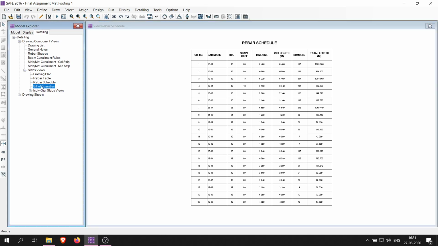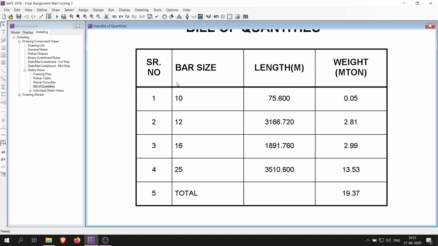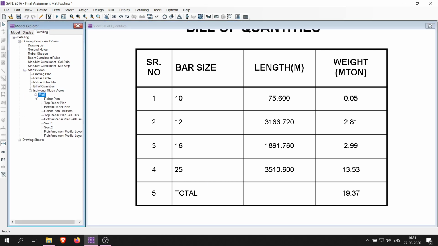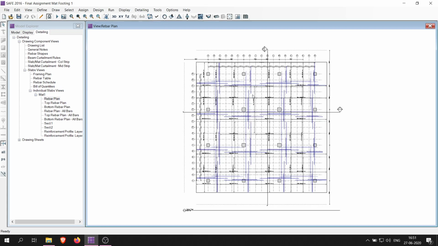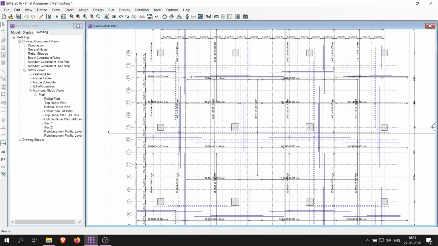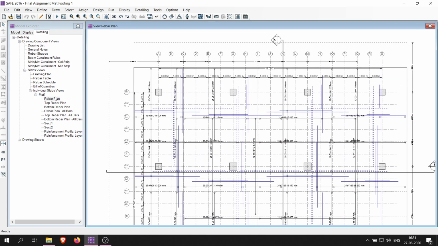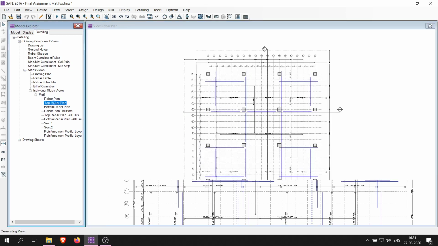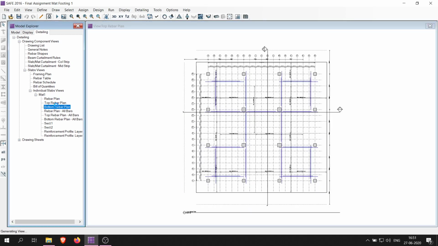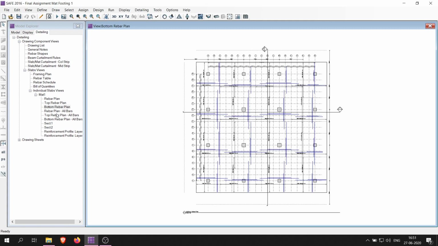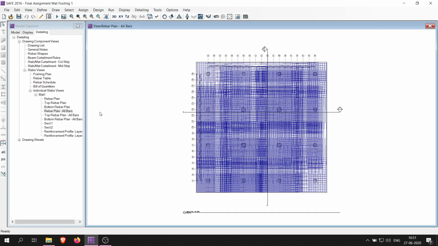The bill of quantities will show you the bar size, length, and total weight. We can see here the weight is 19.37 metric ton. These are the individual slab views also. This is the rebar plan. Top rebar plan, bottom rebar plan, or all bars.